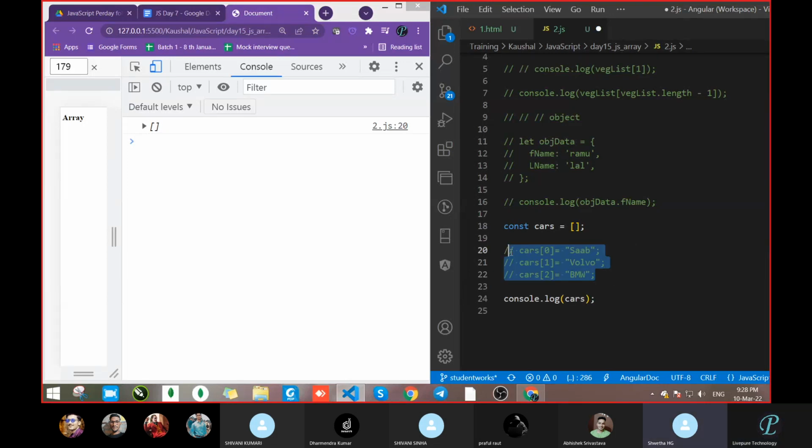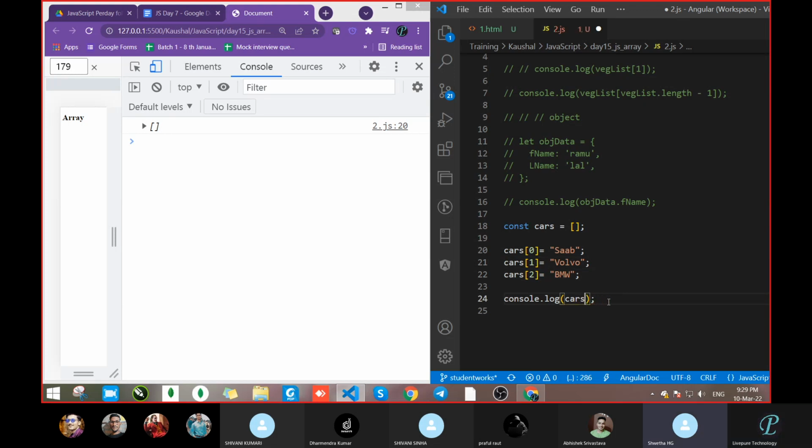So how to pass? Let's paste this one. See what we had done. For cars, we passed the position here, the index. Sorry, by mistake I said position, but position or index, both are the same. Don't worry. So cars[0], we passed like an array. This way we were accessing the data, by making the array symbol and passing 0. Same thing we are doing here. Cars[0] equal to whichever one you want, like we pass some data. Then cars[1] some data, cars[2] some data.